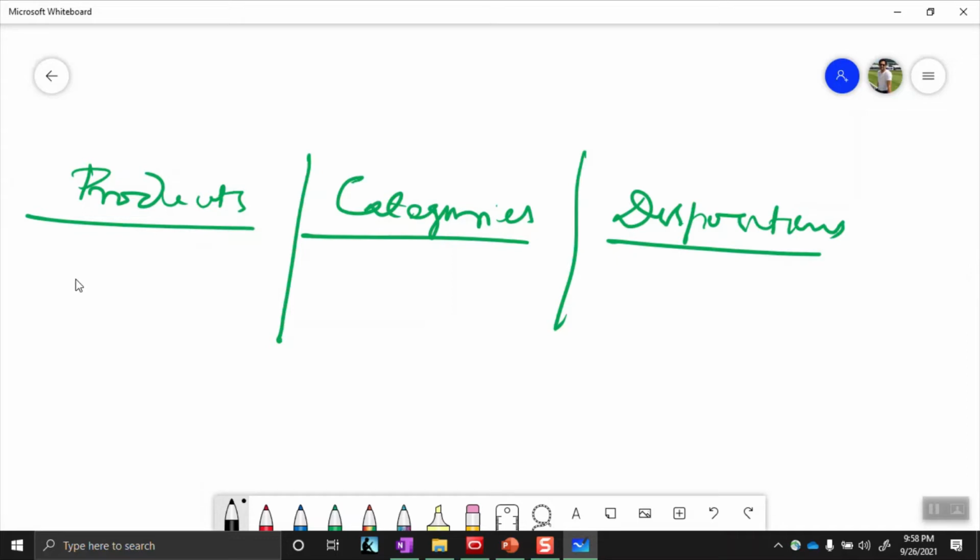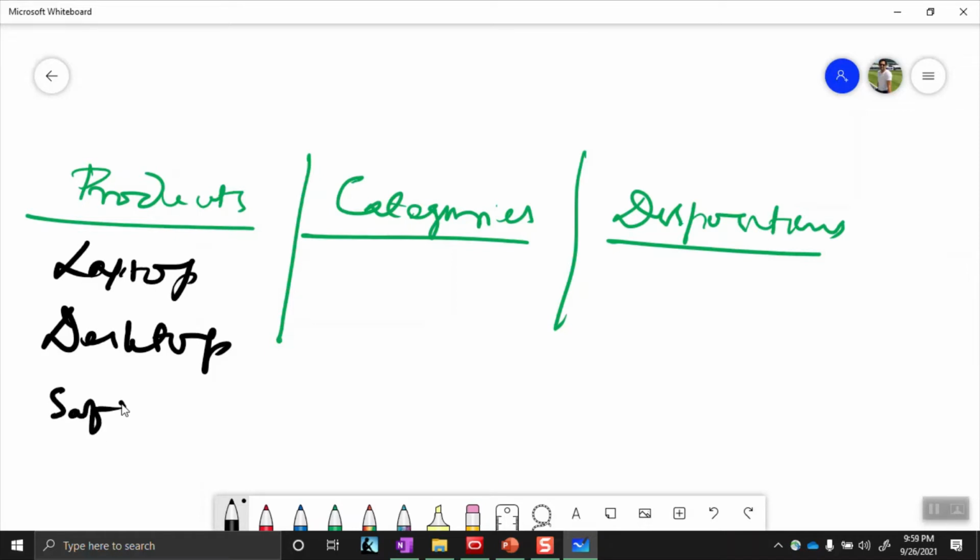To give an example of product, we can have, for example, a laptop or let's say desktop, and we may also have a product of software. Correct? So these are the different products. For the categories, I'm giving you an example of the classification of the incident.